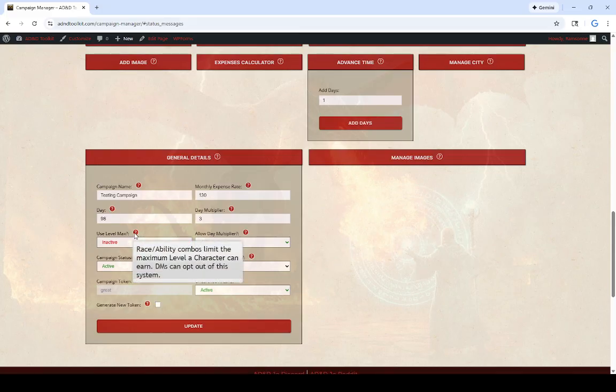Use level max. That is, I guess, only for demi-humans, where classes have maximum levels they can attain based upon their race. This is a number I'm pulling out of the air, so don't go by it, but for instance, an elven mage can only go up to, I don't know, level 10 or 12, typically,